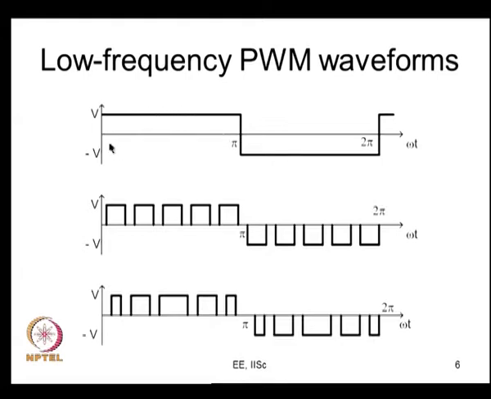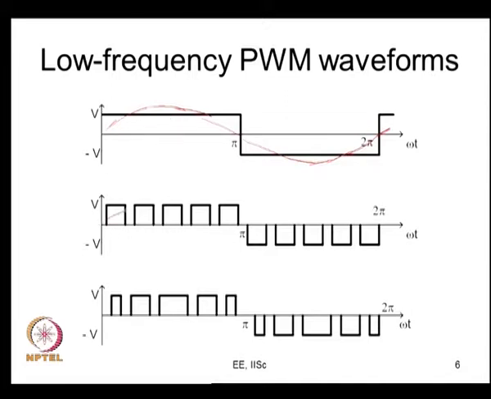If this is V, that fundamental component will be 4V upon pi. That would be the peak value of the fundamental component. We will just go over it. In case you want me to draw that, I can do that. So it will have a fundamental component, it will go slightly higher than that and come back and go over like this. So you cannot control this fundamental voltage, and that is the reason why you would want such kind